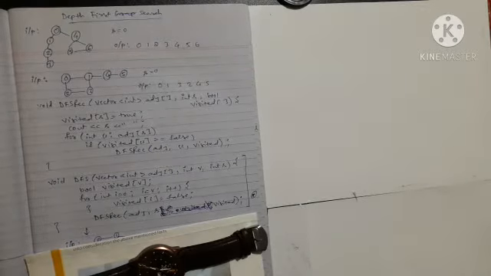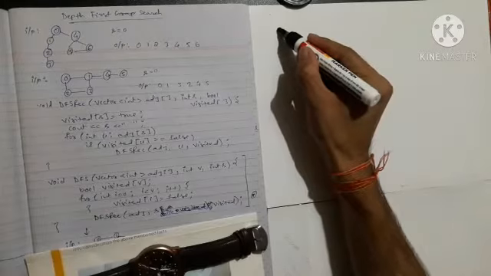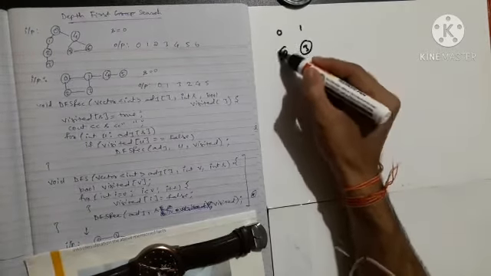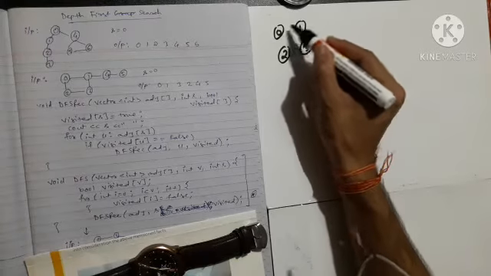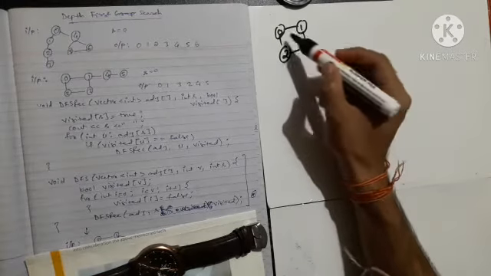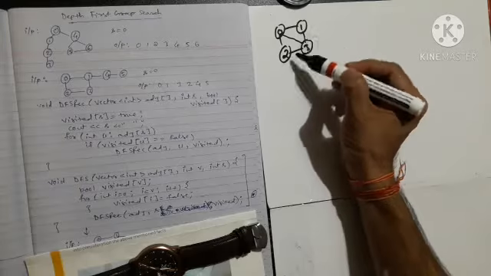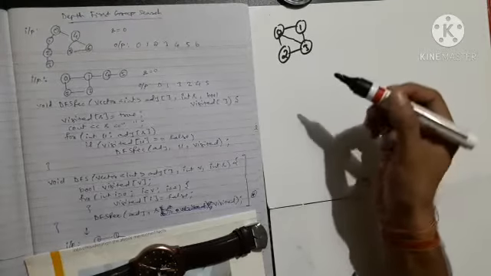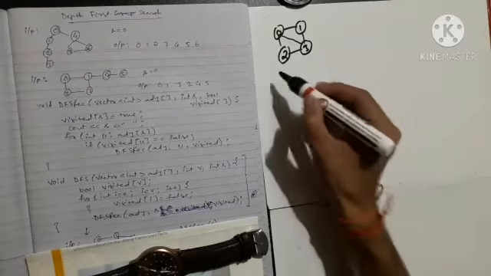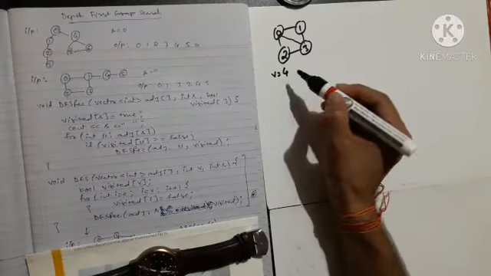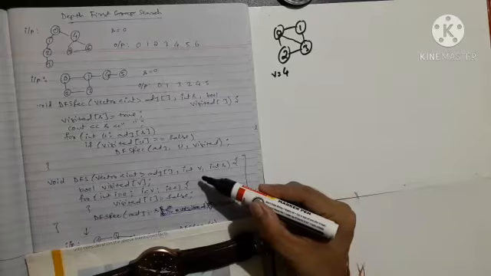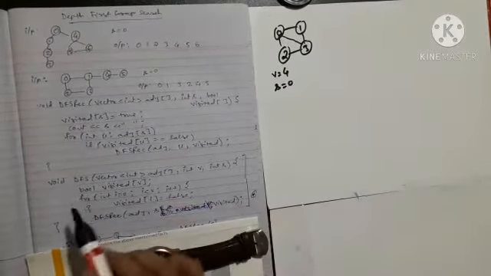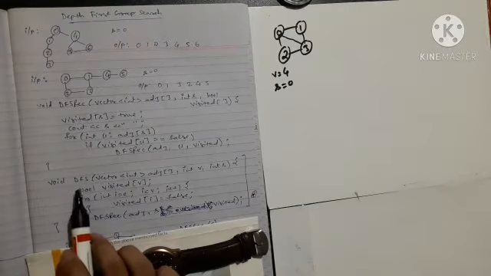Okay, so let's first create a graph. Let's say my graph is 0, 1, 2 and 3. Okay, and these are all connected. 0 is connected to 3, and let's say this is the thing. Okay, so how is it going to do? So first of all, here V is equal to 4. As you can see, this V is the number of nodes and S is the source. Let's say source is 0. So at first I'll enter into this function.